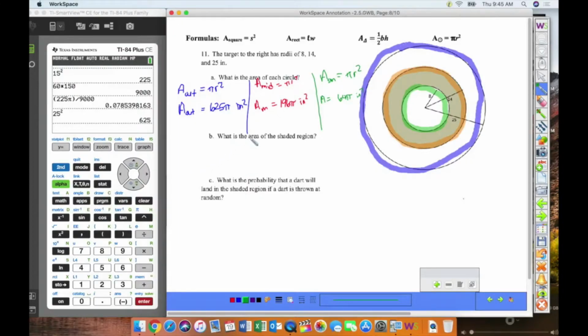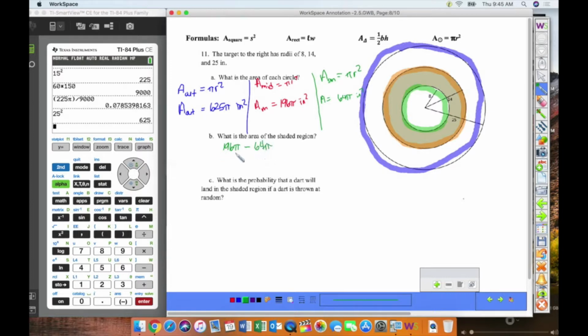We got to take away this situation here to where what we're actually looking at is we've got that same middle circle, and we have to subtract away the inside circle to where we have nothing left here but the ring. So we see that we got to take the area of the middle guy and take away the area of the inside guy. So I'm going to do 196 pi, take away 64 pi,